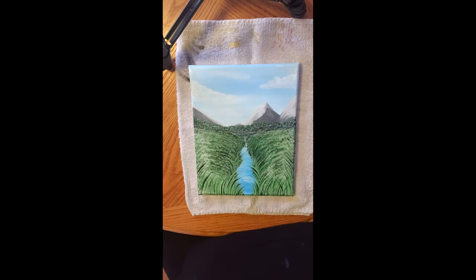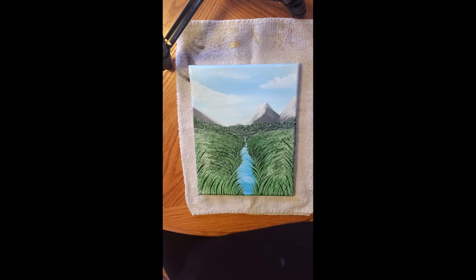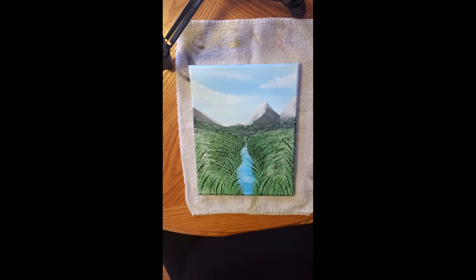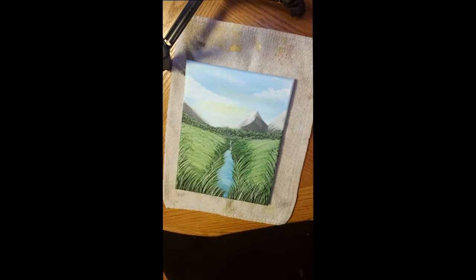So wrapping this up, as I said, we went from beginning to end. In the very end, I decided that I wanted a little bit more light in the piece. I felt that there wasn't quite enough light, so I decided to throw in a little bit of yellow into the sky,